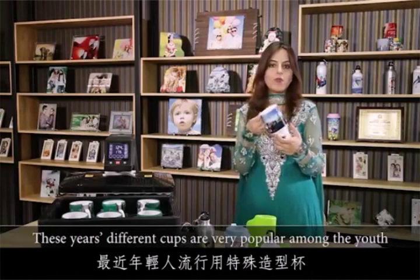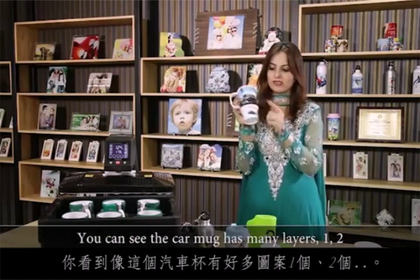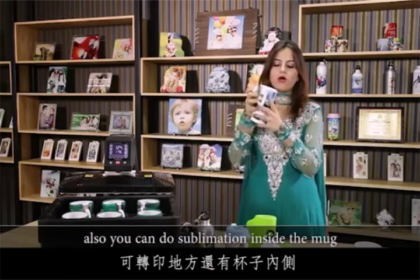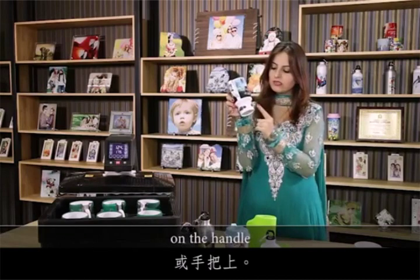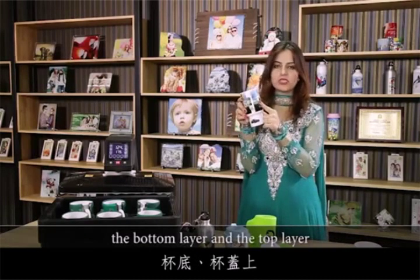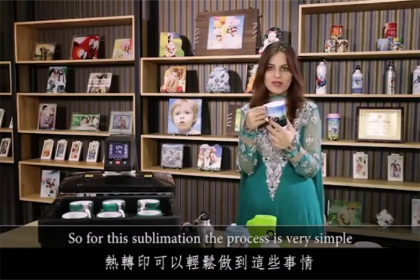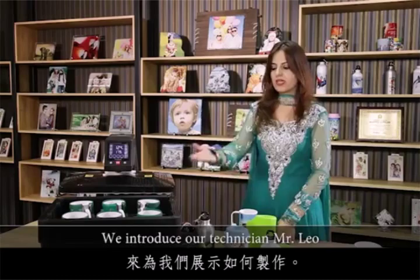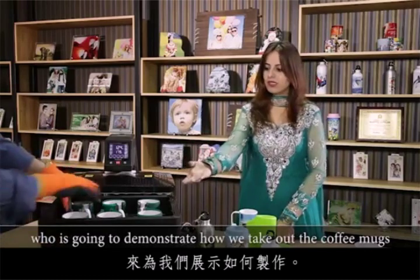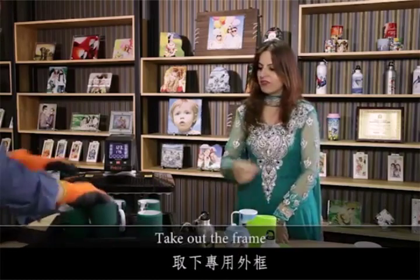Different cups are very popular among the youth. You can see the card mug has many layers. 1, 2. Also you can do sublimation inside the mug, on the handle, on the bottom layer, on the top layer. So for this sublimation, the process is very simple. We introduce our technician, Mr. Leo. He's going to demonstrate how we take off the coffee mugs that were attached before, take off the frame, take off the mugs,